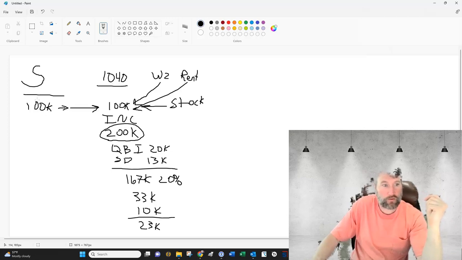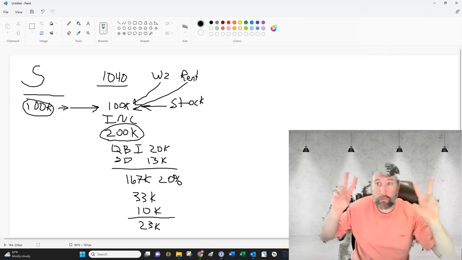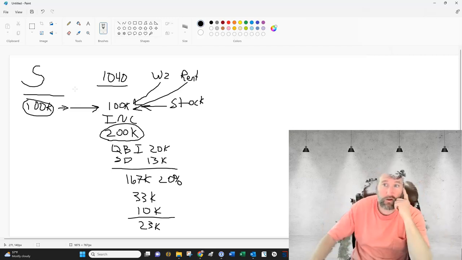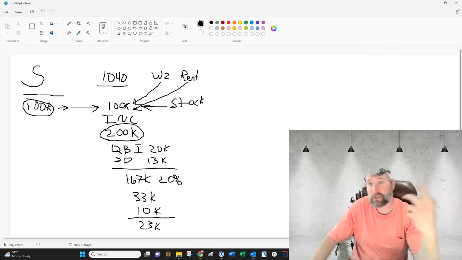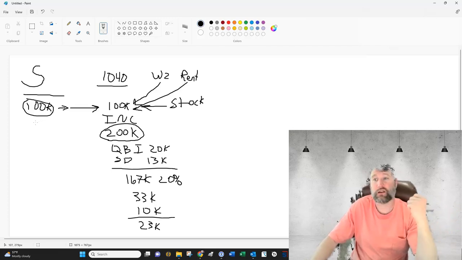All the work is done in the S-Corp, coming up with what is this $100,000? How do we calculate that? And that's when we start taking into account, okay, total revenue. Let's say you made like $200,000 in revenue. We throw in your general operating expenses, and then we start coming up with those personal expenses that you're already paying money for that we then push into the S-Corp as a business expense, like your home office deduction, your vehicle, your cell phone, your health and wellness plans, like your gym membership and your health insurance and your out-of-pocket medical expenses. And depending on what type of industry you're in, that could include groceries,